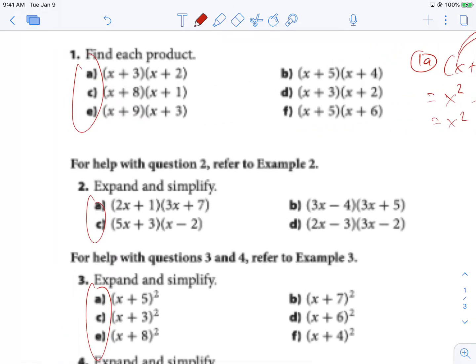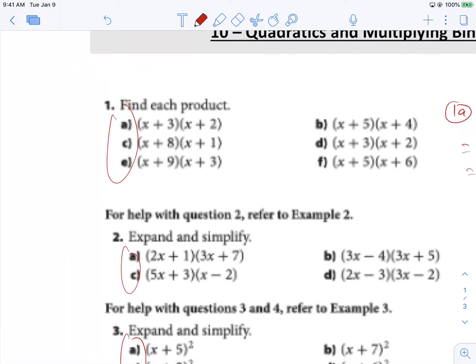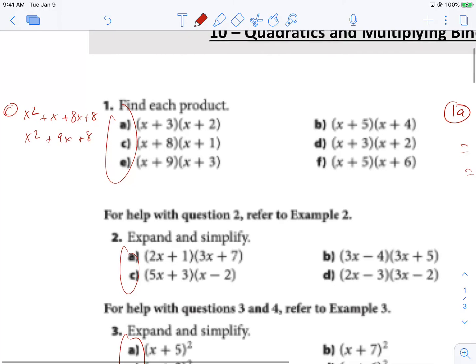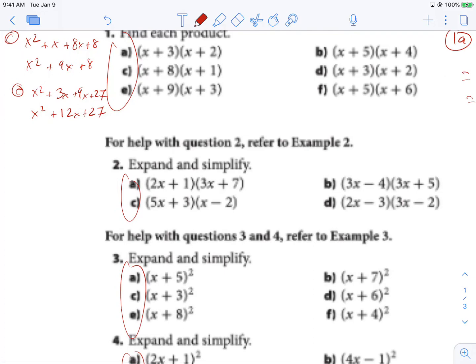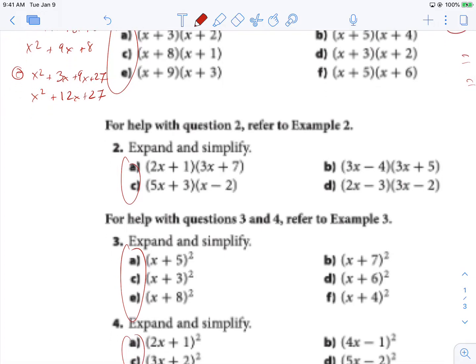So now I'm going to move pretty quickly through it. For C, we're going to do first, x squared, plus outside, which is x, plus inside, which is 8x, plus 8. And if we condense everything, 9x plus 8. For E, we have first, outside, inside, last, condense everything up. We get that. Okay, just because we have coefficients in front of it does not make it any harder,